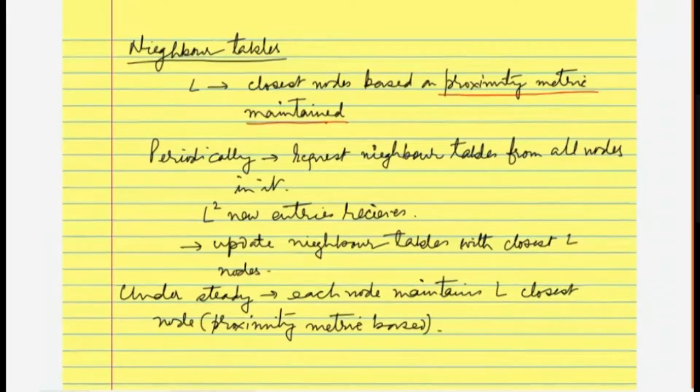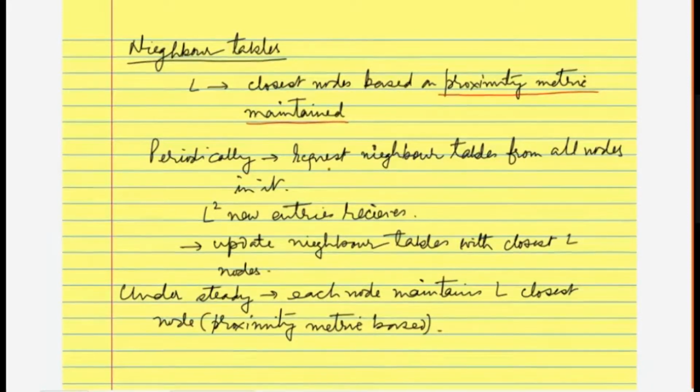So if I am in IIT Kanpur, I will end up picking all L nodes from inside IIT Kanpur only, because my round trip time to the outside will be larger. My hop count will also be larger when I go to the outside world. So they become my proximity metric. This essentially solves a big problem. It makes things efficient. You will appreciate it once we come to the process of choosing the nodes.